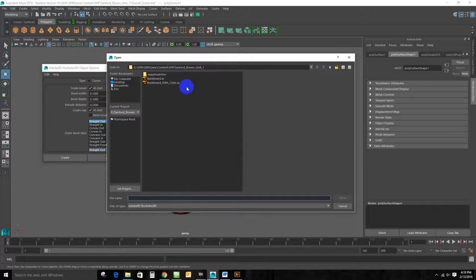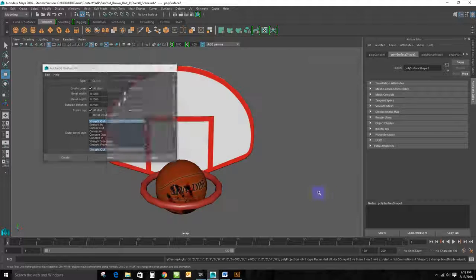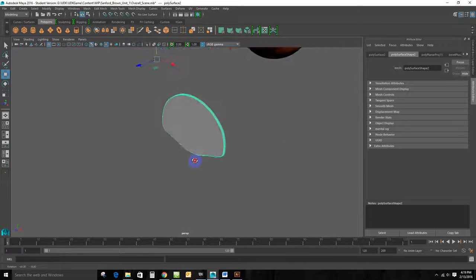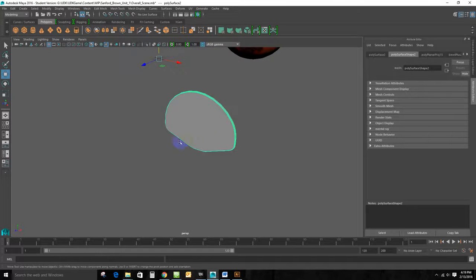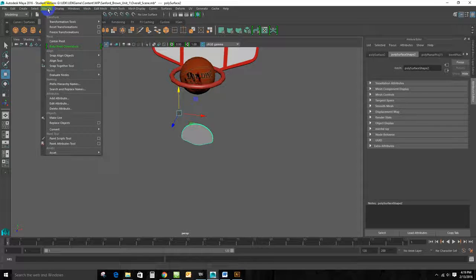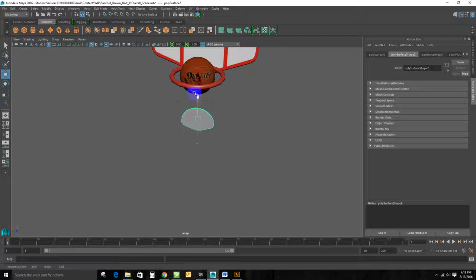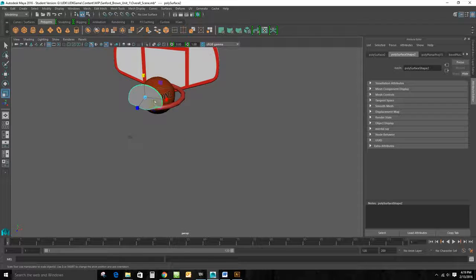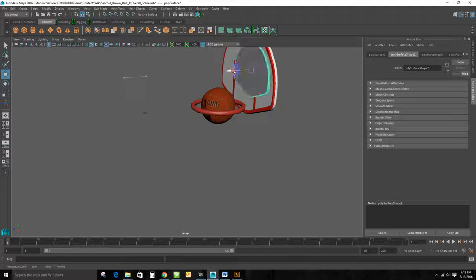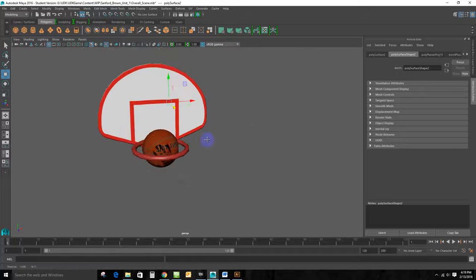It's going to ask you to locate your AI file, so we're going to click the one that we just made, open it, and if you can see, now it instantly bevels and creates the object that we need. Obviously, what do we have here? We need to center pivot this guy, move him up, scale him to the right size, and other than that, I did nothing else to it other than adding the